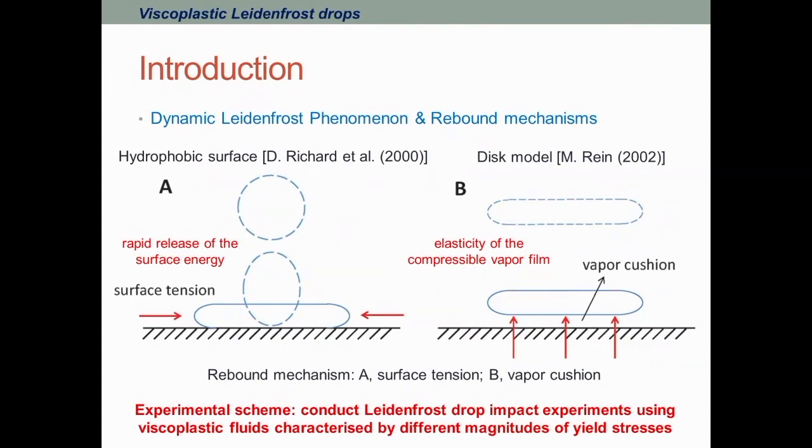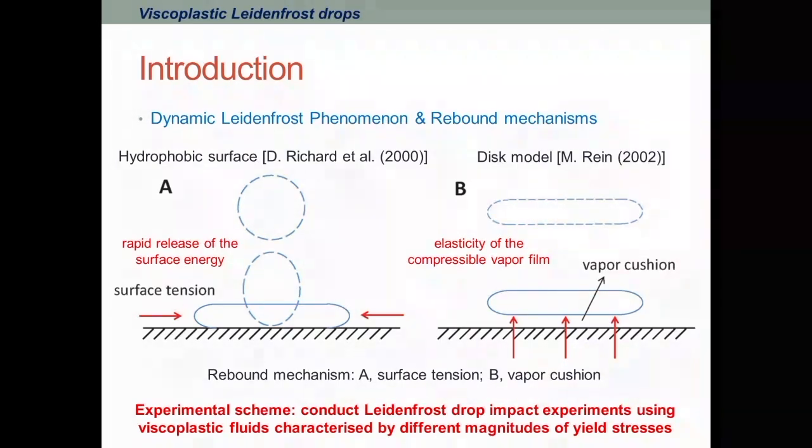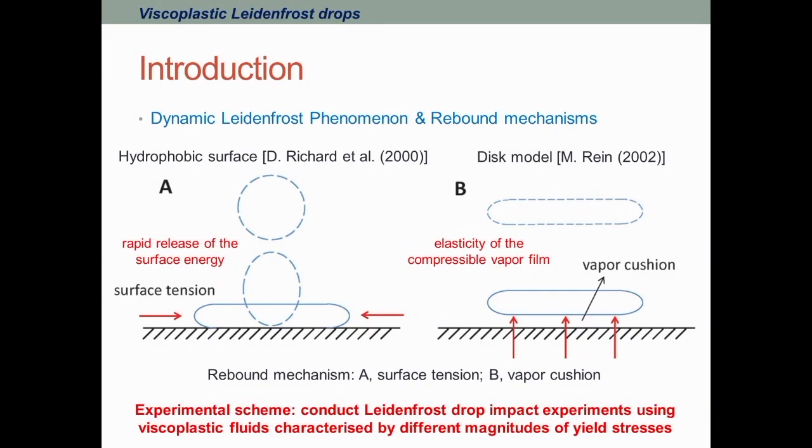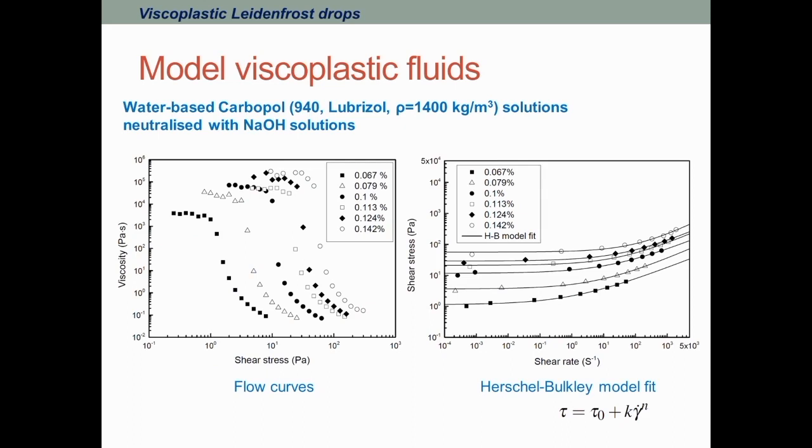Here you have a high pressure vapor layer, which provides upward forces for the drop, and finally causes the drop to rebound. In order to evaluate the contribution of the vapor layer, our experimental scheme is to conduct Leidenfrost drop impact experiments using viscoplastic fluids characterized by different magnitudes of yield stress. Here are the measured data from the rotational rheometer for Carbopol solutions. We prepared in total six solutions, and they have different magnitudes of yield stress, and also different